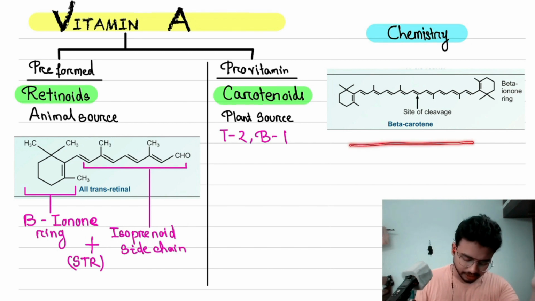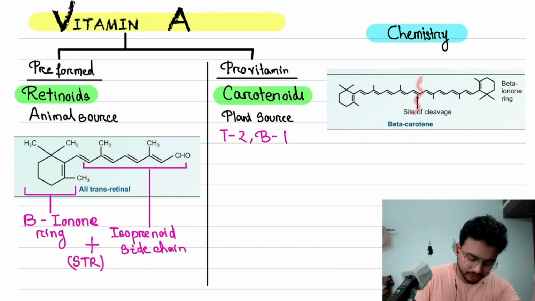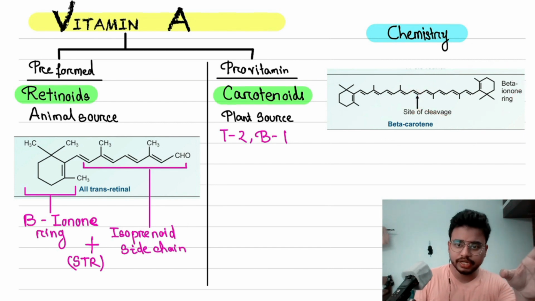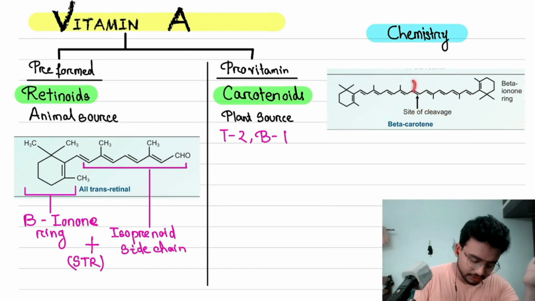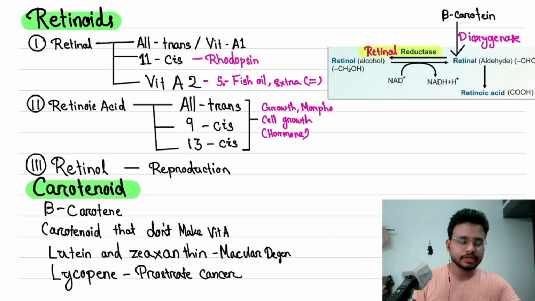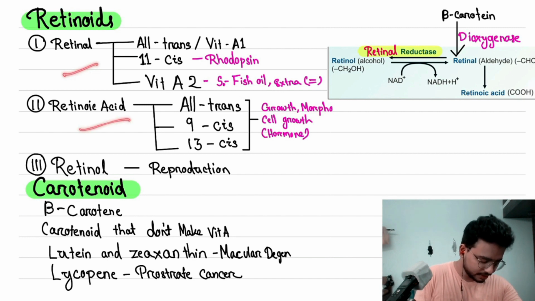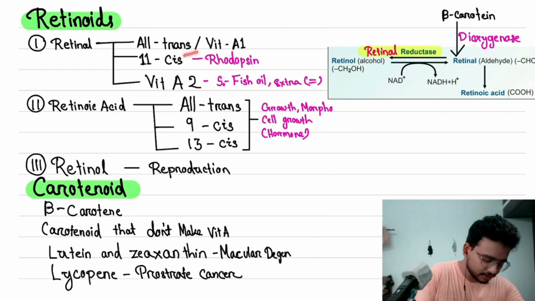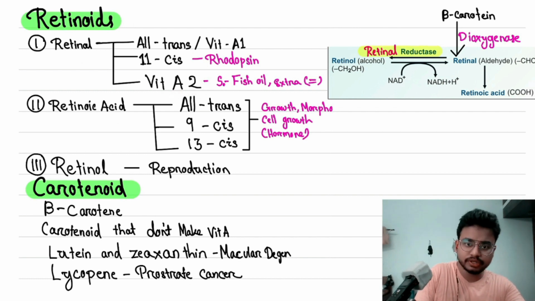Here is the structure of beta carotene. If we cleave it from here, there is a formation of two retinoids. But this is theoretical. In a biological system, there is formation of only one retinoid. There are different types of retinoids like retinol, retinal, and retinoic acid. Retinol is of three types: all-trans retinol, also known as vitamin A1; 11-cis retinol, which is present in rhodopsin; and vitamin A2, which is found in fish oil, where an extra double bond is present